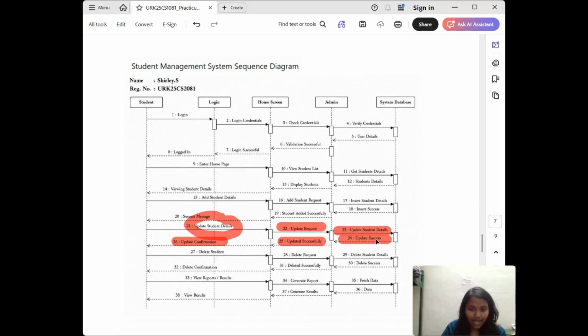As you can see here, update success is a response message which is sent back to the admin from where it came. From this practicum, I observed that the student management system can represent the student interactions systematically using a sequence diagram. The main operations included viewing, adding, updating, and deleting student information along with viewing reports or results.